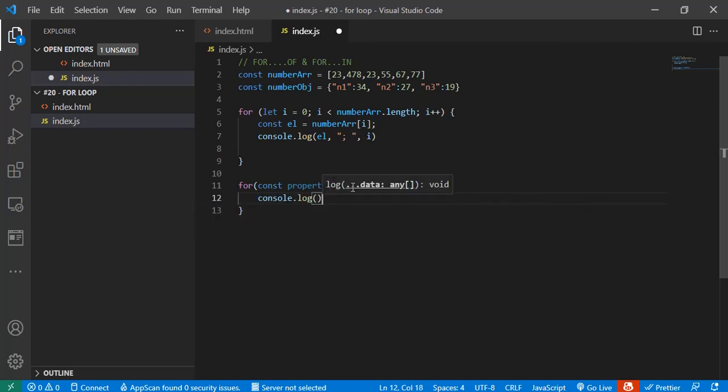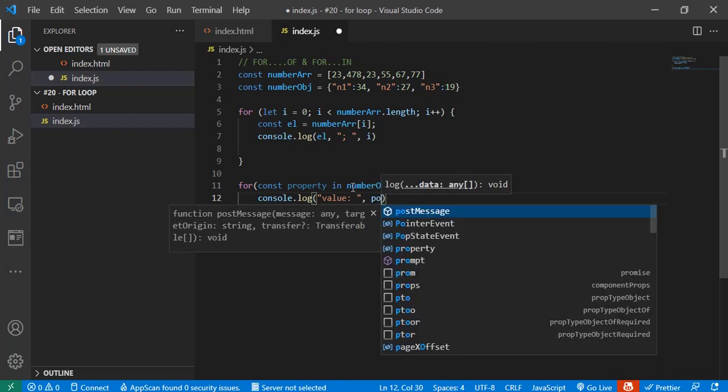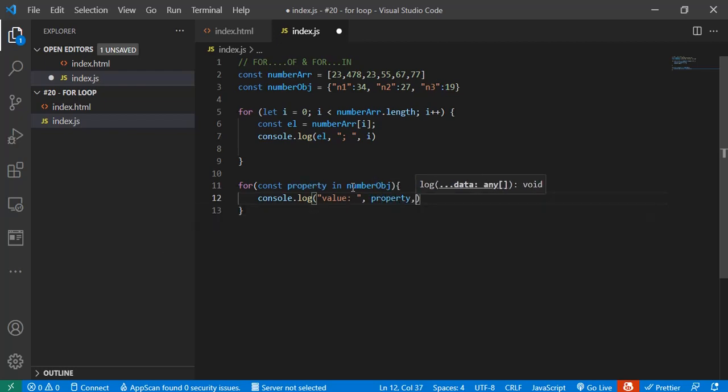so I'm going to say console.log. So I'm going to say property or value. Let me just say value. Property, it is mostly referred to as property, so that is why I use property there. Const, then okay, I think this is the key. This is the key. Then value. The value will be